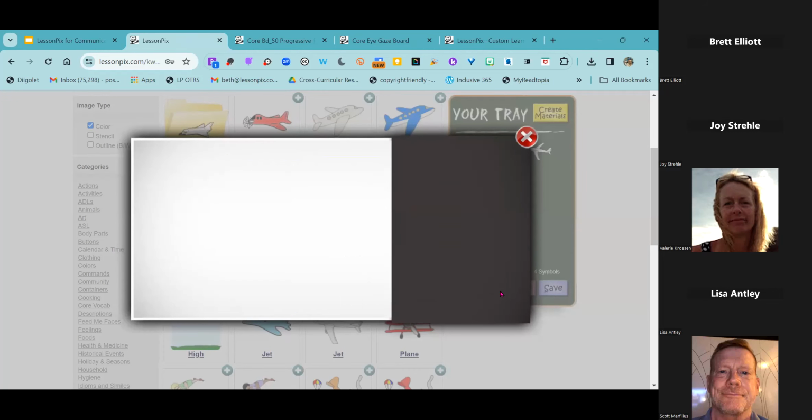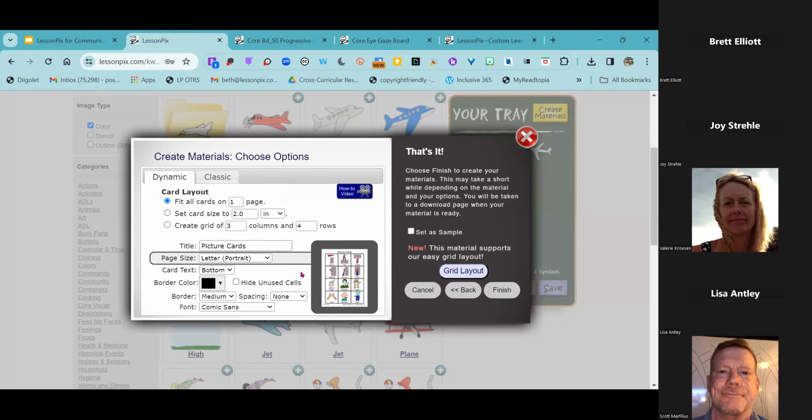I'm going to go ahead and click next. And this particular template is going to give me some different choices. Do I just want everything to fit on one page? Do I want the cards, the images, the cells to be a specific size? And I can change it to whatever is going to work. And I can use inches or centimeters or millimeters. Or do I want a particular grid layout? I'm just going to leave it, if I just wanted four cards, for images on that page. I'm going to title this